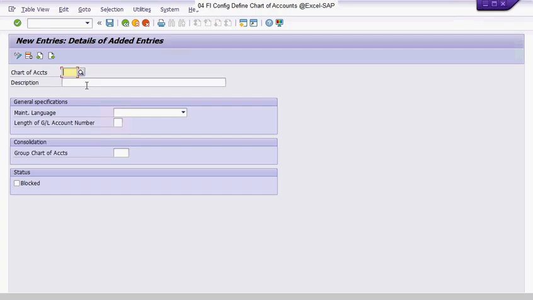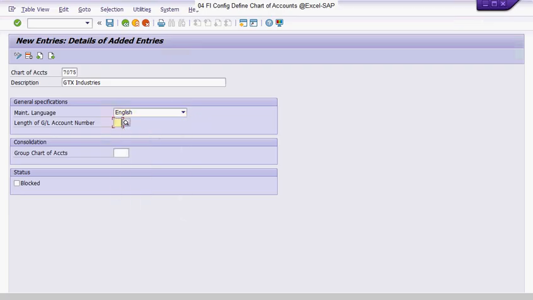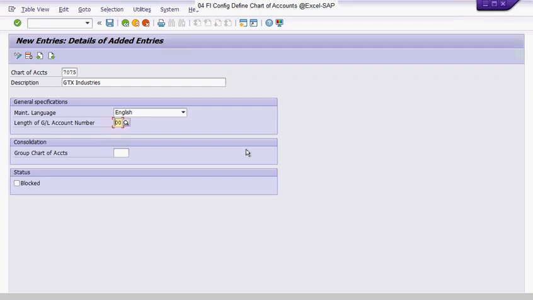enter your chart of accounts code here, maintain the description here, language, and here you can maintain the GL account number length. So maximum we can maintain, I think, 10. So I'll keep 8 here,